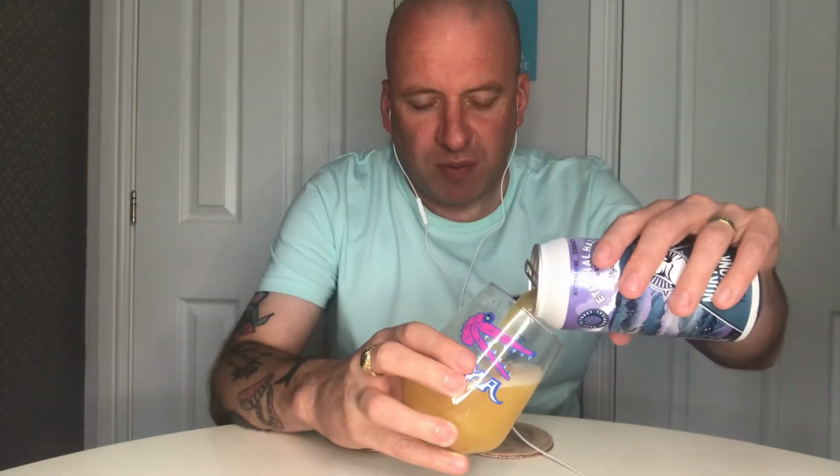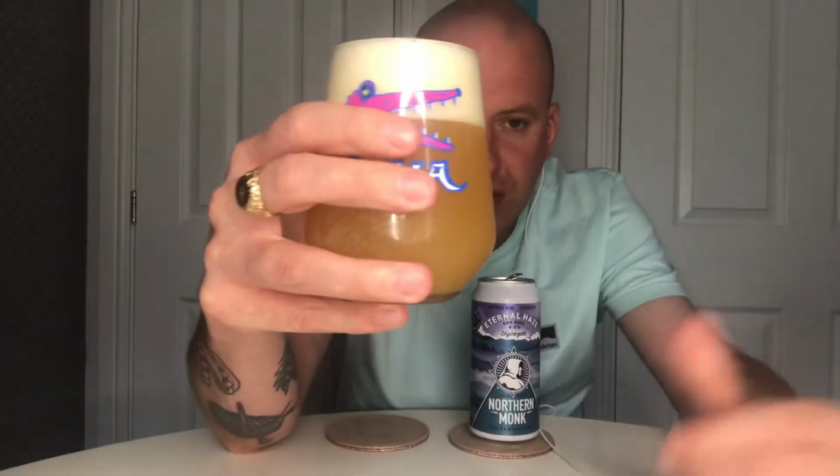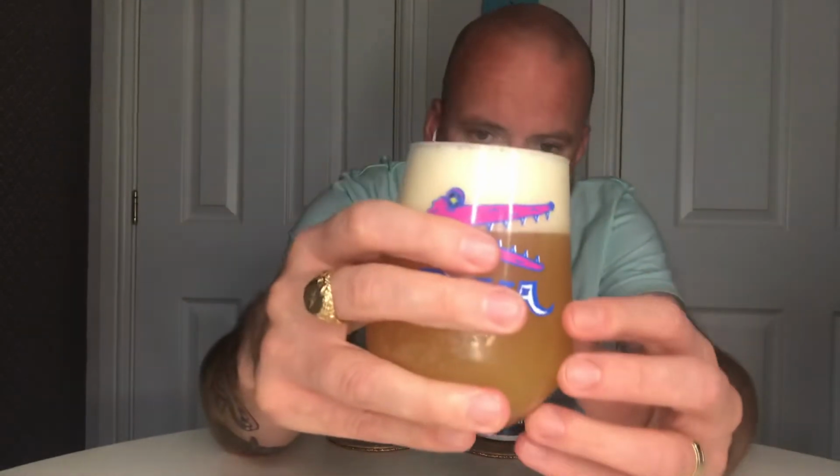I personally would have preferred an Imperial Stout. I feel like the supermarkets are just awash with IPAs and juicy New England IPAs, so another stout would have been good. But we'll give it a go, see what we get. I am partial to them. So,